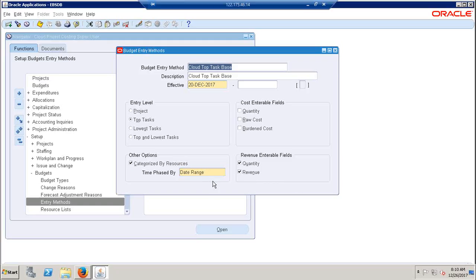I'm not going by funding allocations by PA period or GL periods, but some of the customers may ask you to differentiate the budgets period wise. So you can go ahead and select the PA period, or if they want it GL period wise, then we can enable the GL period option. Okay, so I'm going with the top task. Similarly, I would like to